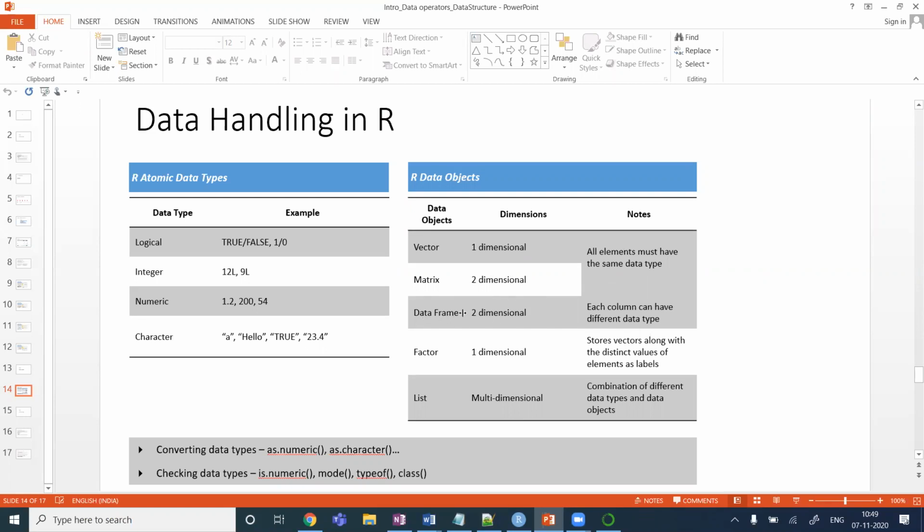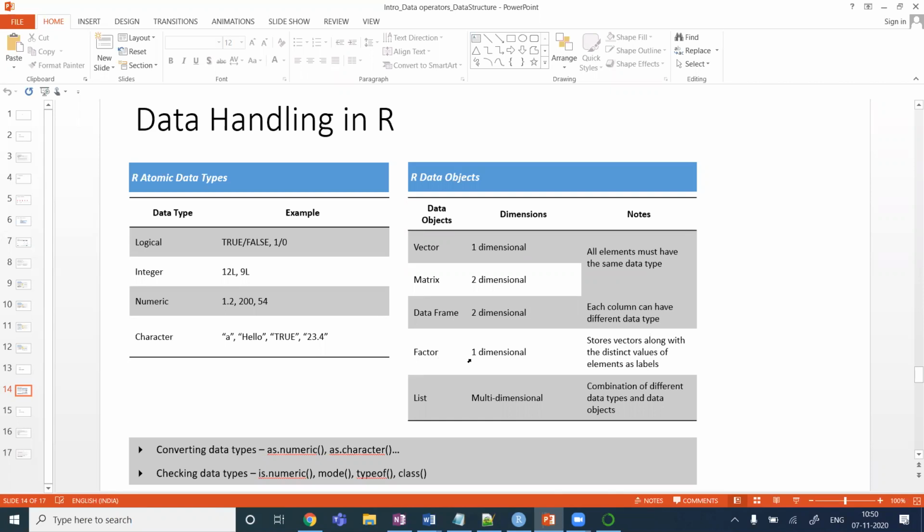Then we have data frame. This data frame name, you can again relate back to Python, how your data frame looks there. It's a 2D structure, and multiple types can be allocated. Similarly, here also, when you declare data as a data frame type, it allows 2D holding, and each of the columns can be of a different data type. No restriction. Column-wise, the values need to be of the same type, but across columns, they can be of different type.